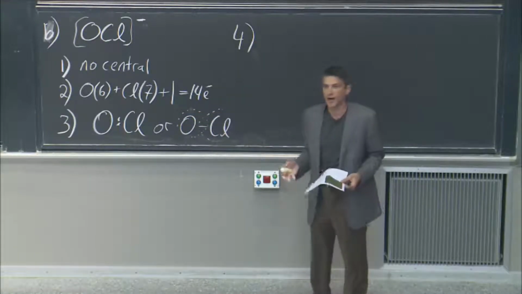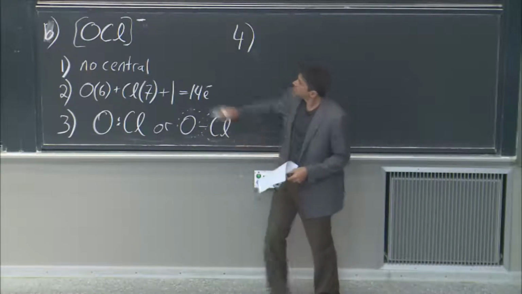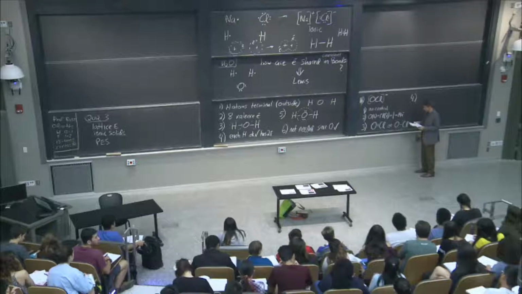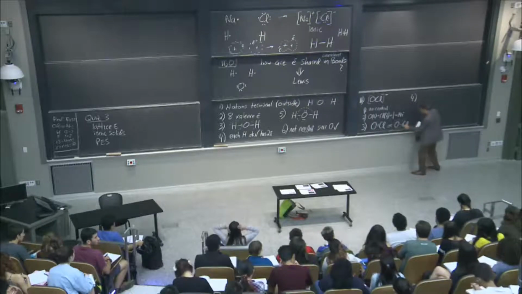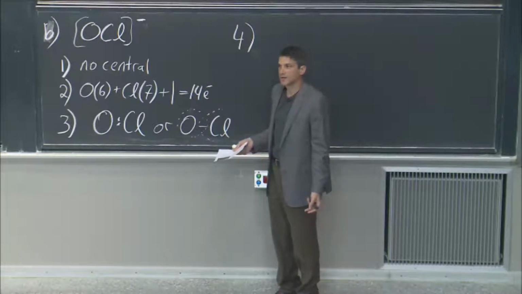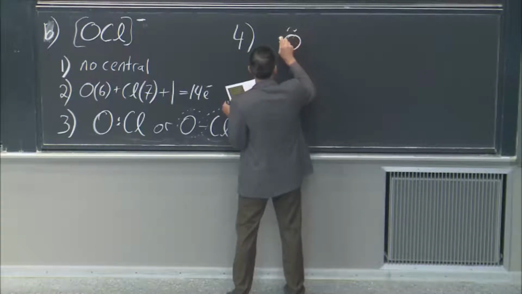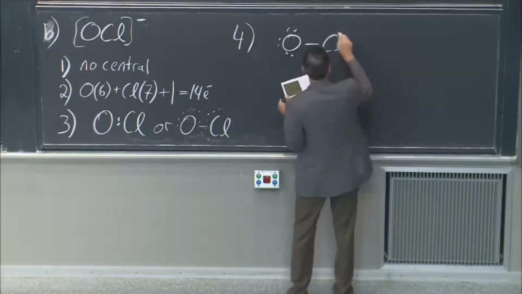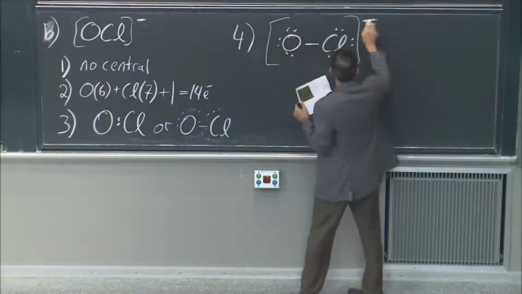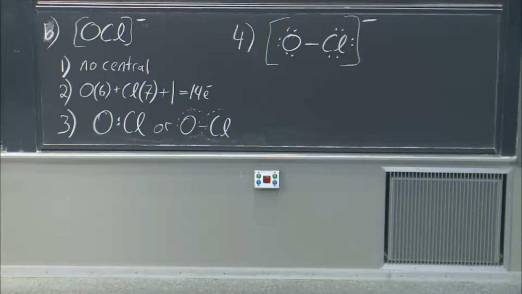Because we're sharing now. No one took. We're sharing, so they can each count those, because of what I drew up there in terms of how a covalent bond works. But they need another 6 to form an octet. I used 2, so how many do I have left? I've got 12 left. It's perfect. I've got exactly as many as I want, and I can write O has all of these, Cl has all of these, and if we want to be careful about it, we will emphasize that this molecule is not neutral. It got an extra electron. That's why we put that minus sign up there.